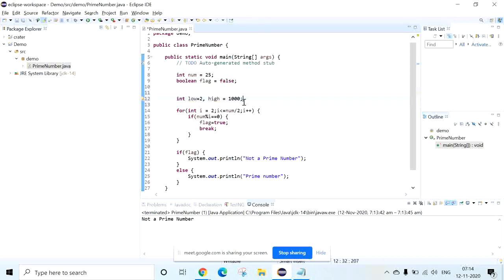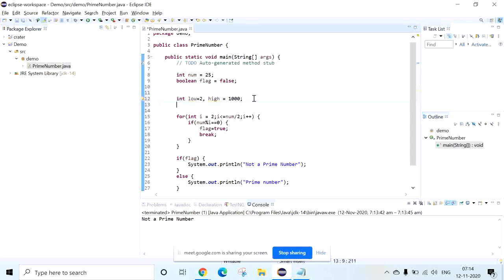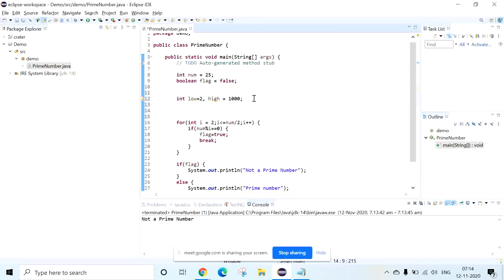Okay. So now what you need to do is we need to write one more for loop to define. See, anyhow we need to go up to 2000, right? So first we need to give this 2 to input over here. So now the low will come here. Got it? Up to 1000.